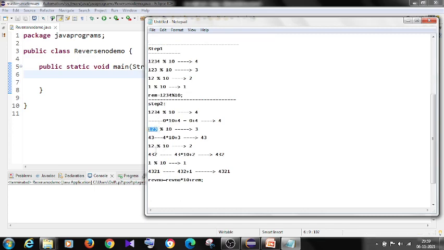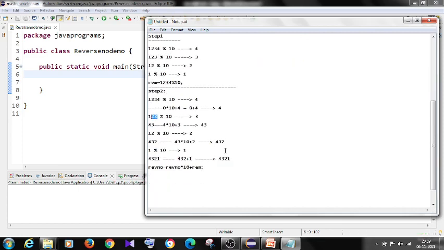See, I see 1 2 3 here. This one I need to get here. So step number 3, normal logic. First, what is my number? It is 1 2 3 4. Once I take the modulo by 10, what will the modulo be? I divide and get 4 here.